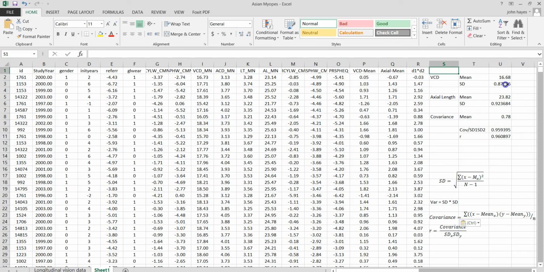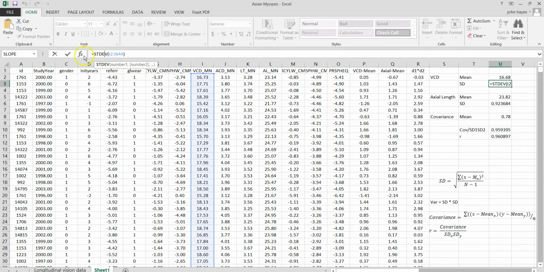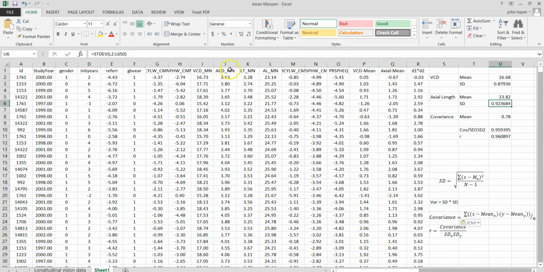So let's look at these values. Here we have the standard deviation of vitreous chamber depth. If we look in here, we can see our formula is the standard deviation of the column under vitreous chamber depth. Similarly, if we come down here, you have the standard deviation of axial length. And then what we do is we actually compute. We may be able to have a function that gets at this, but let's look at how this works. So we have vitreous chamber depth,